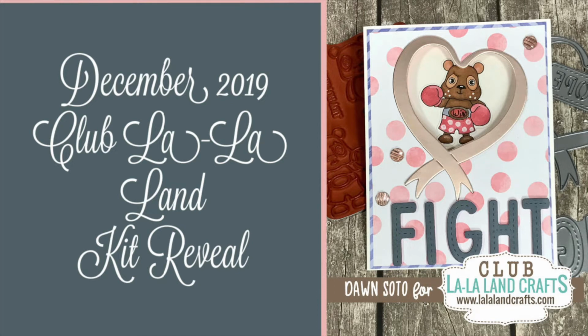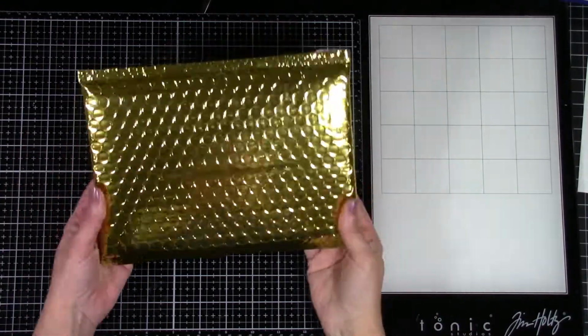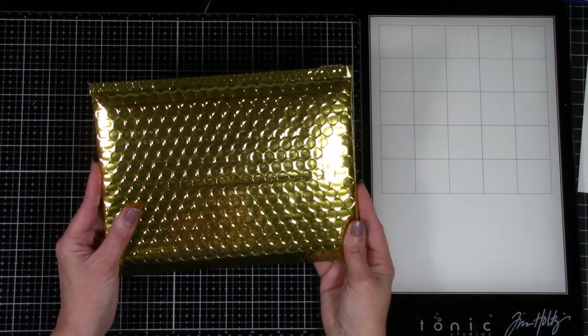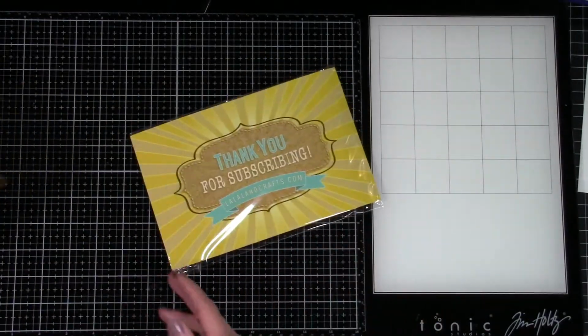Today I'm going to be doing the kit reveal for the December 2019 Club La La Land Crafts Club kit. And this month's theme is awareness and encouragement. So when your package arrives, it's going to come in this super cute gold foiled package. And I love it when this thing comes in the mail. I get so excited. So I'm going to go ahead and open it up and show you what comes in